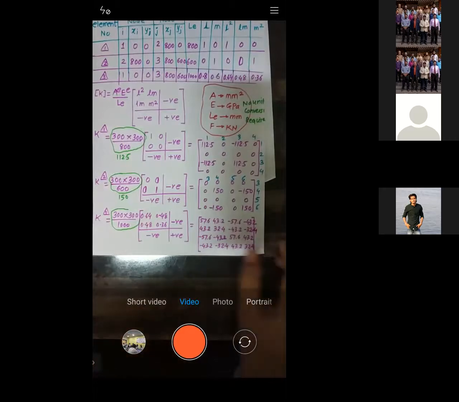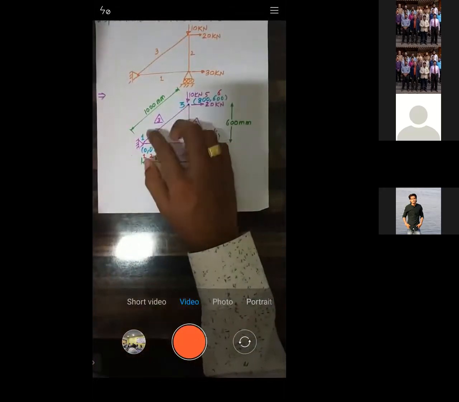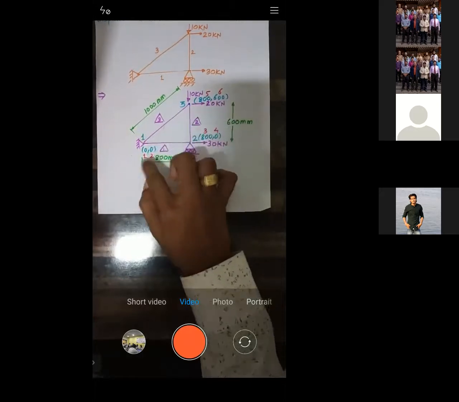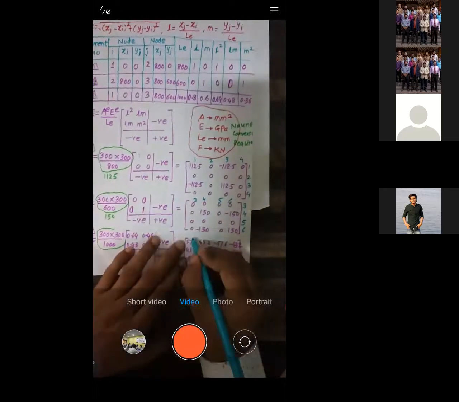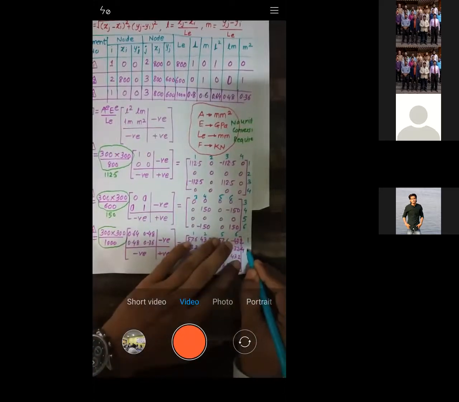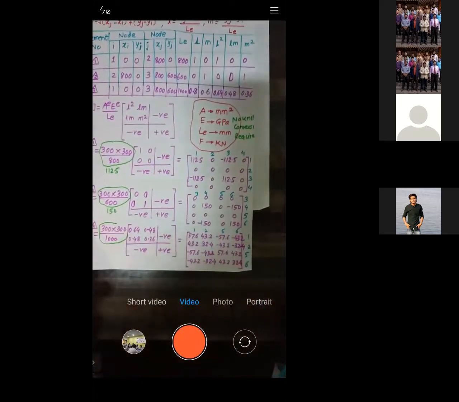Now if you see, element number 3 is between 1 and 3. Here you need to pay more attention. For 1, it is 1, 2, and for 3, it is 5, 6. So it is 1, 2, 5, 6. Accordingly, I should number 1, 2, 5, 6. You can check it.